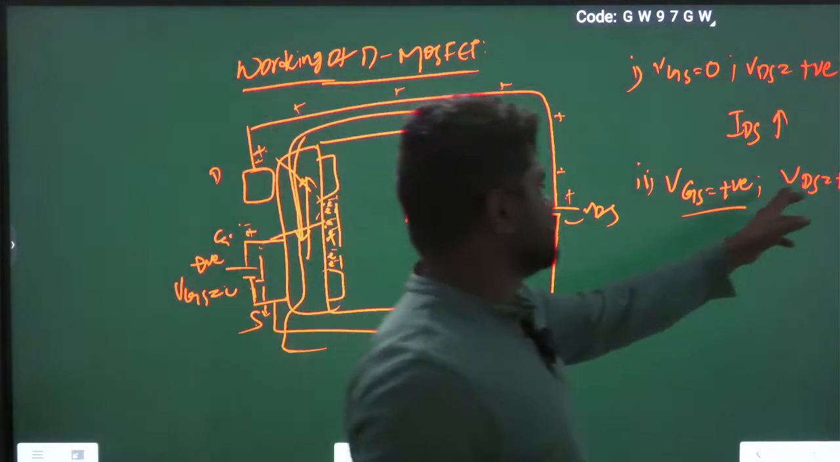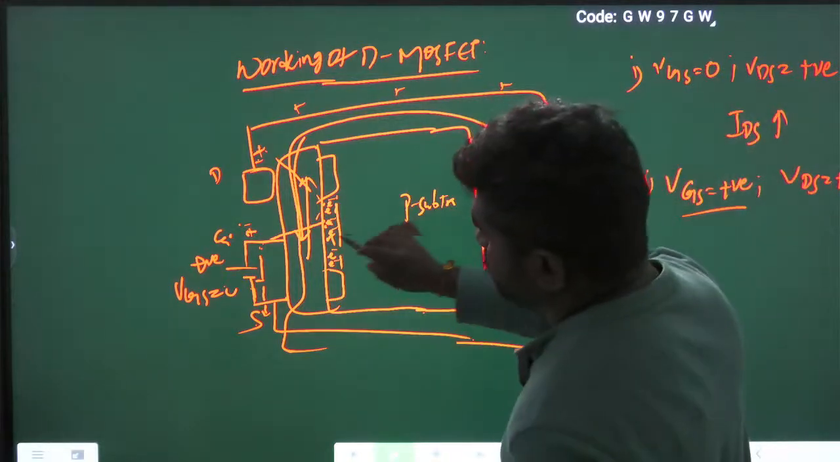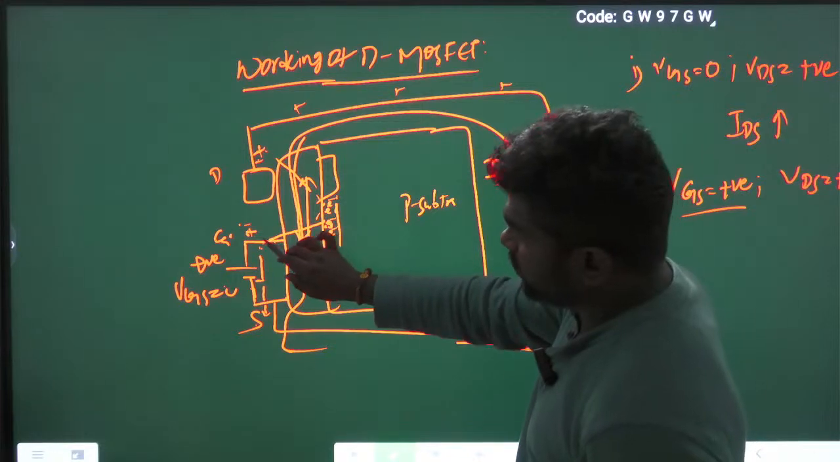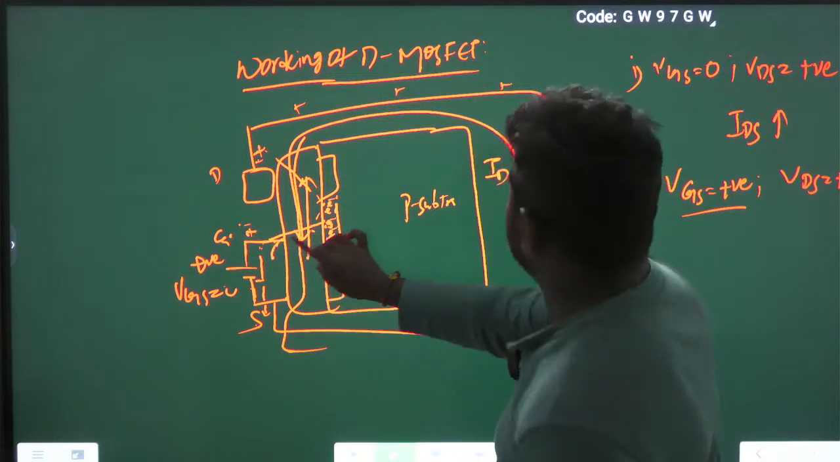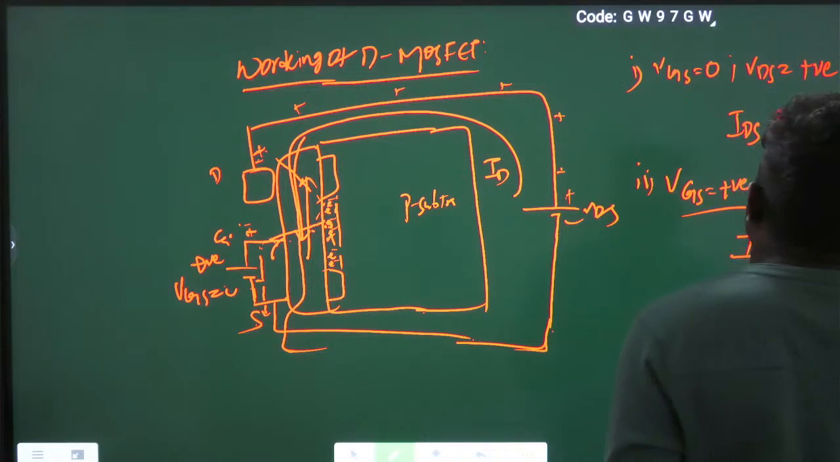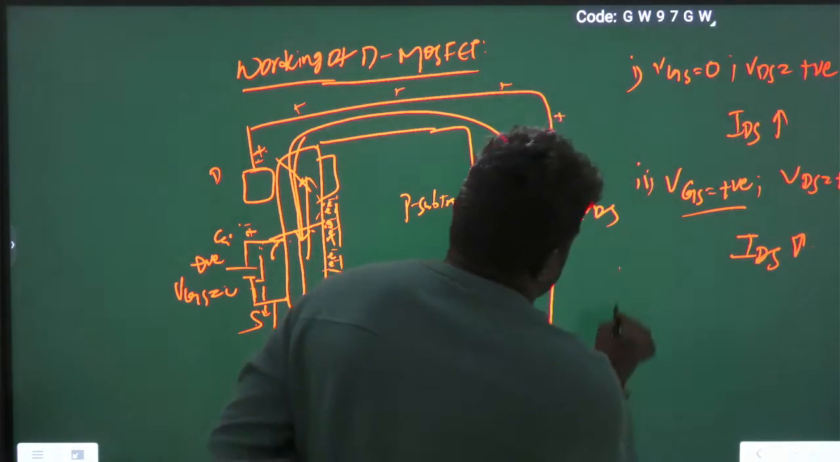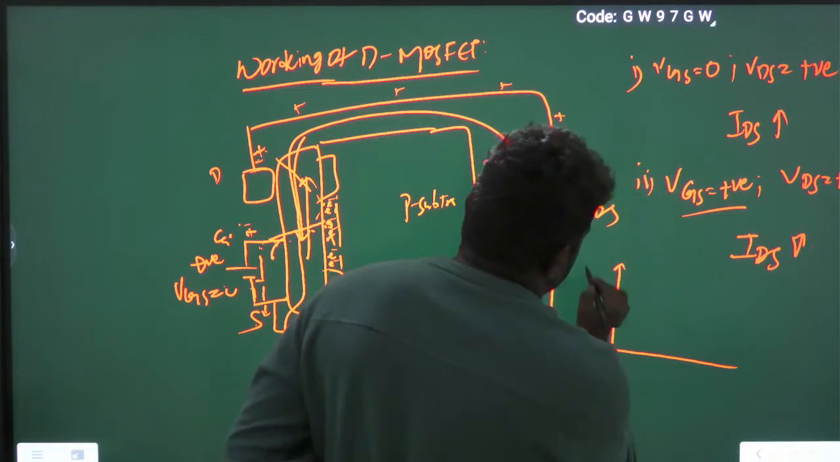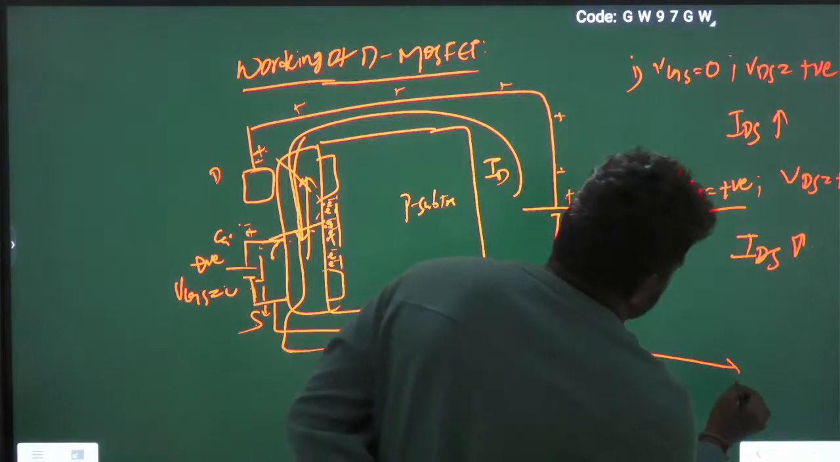When VGS is positive and VDS is positive, these electrons combine here, flowing like this, and current flows. Okay? So IDS is also increasing. So now my characteristics are like this. This is the 0 and this is the ID,